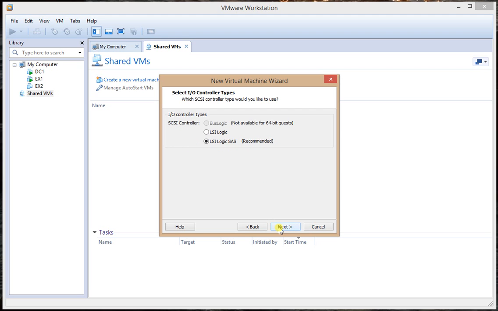Here you can select LSI Logic SAS, SCSI. Now you get all these options just because you selected custom. If you have selected the typical option, you can just create a virtual machine with a couple of clicks. So I just want you to see what additional options are available. So that's why I selected the custom option. So I'm going to click on Next,